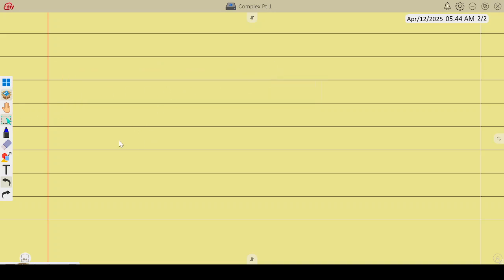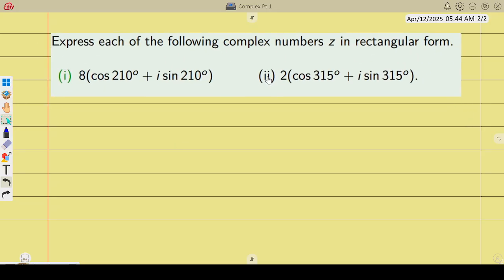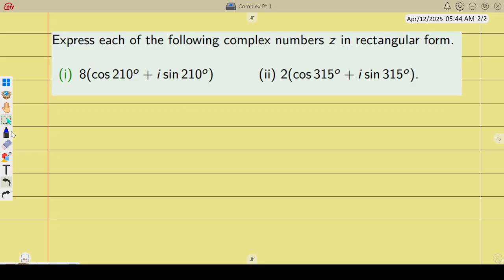We're going to convert from polar to rectangular. This one is relatively easy. They want us to convert to rectangular form. Here we have trig ratios, and when we have trig ratios, it simply means that this is a polar form. So how we convert, we simply say